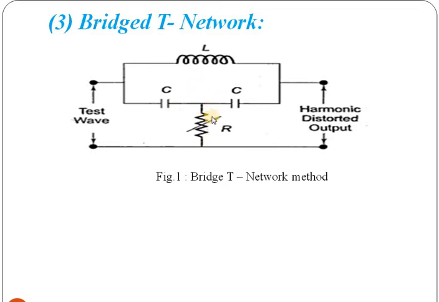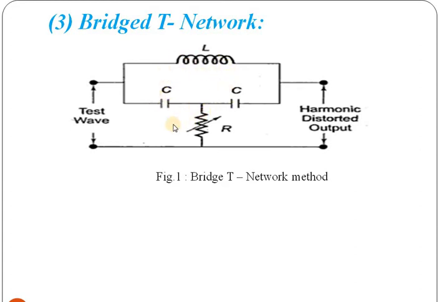So now consider this R along with this combination of L and C will form the T shape. This and resistor will form this one, and this will form the T shape. That's why it is called a T network, which will form the bridge by connecting these components. L is one component and these two C are the other component, R forms another component. And this forms the T shape bridge form. That's why it is called a bridge T network.